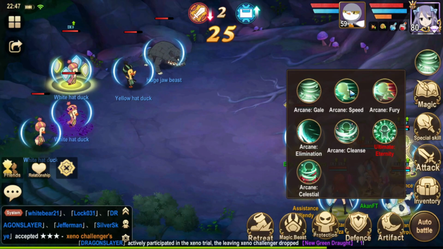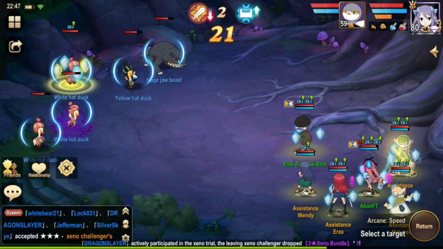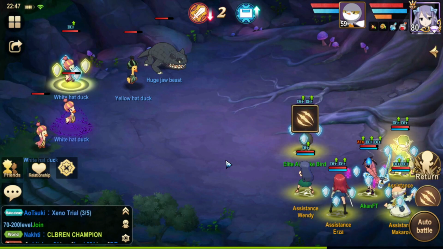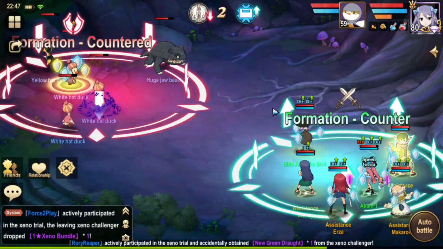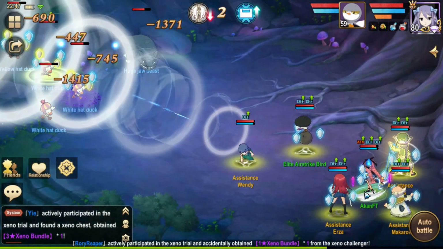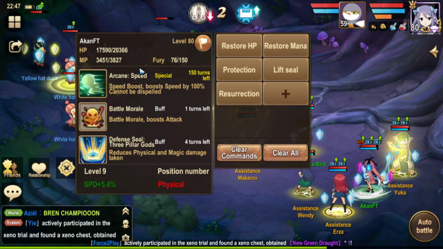Now Arcane Speed, what that would do is it will attack one enemy. So we'll use it on the yellow hat duck here. What it will also do is increase your speed, pretty much doubling it, or it's 1.5 times the amount. You'll have this little aura go around you here on your feet, just to say that you have got the speed boost. Let me see if it will tell me. Yeah, so you get a 100% speed boost,